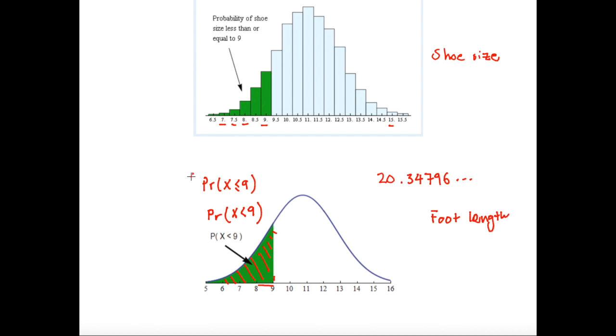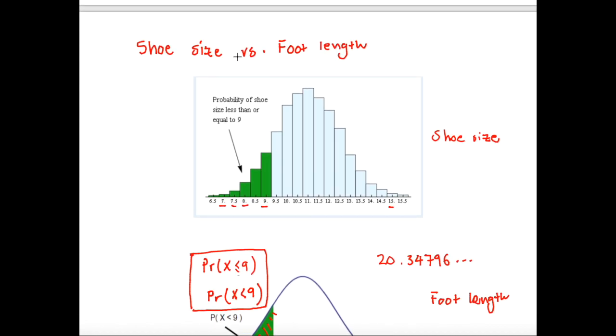So when we're talking about continuous random variables, we can say that the probability that x is less than 9 is the same thing as the probability that x is less than or equal to 9. The key point you want to get away from it is that you essentially don't need greater than or equal to signs when you're talking about continuous random variables. They're unnecessary. When you're talking about your shoe size, for example, or a discrete random variable, it does matter, because